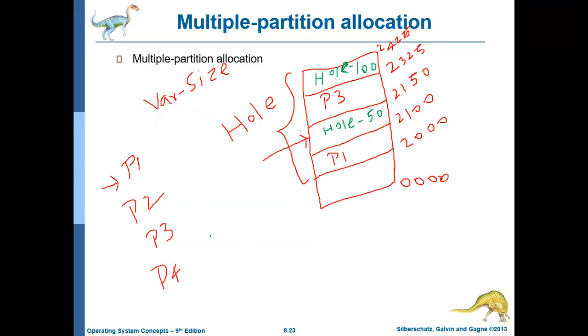Now assume that another process P5 comes, and P5 is demanding exactly 150 MB of memory. But what happens? We have two slots. One slot is 50 MB, another slot is 100 MB. So in the 50 MB slot you cannot accommodate P5, and in the 100 MB slot also you cannot accommodate P5.